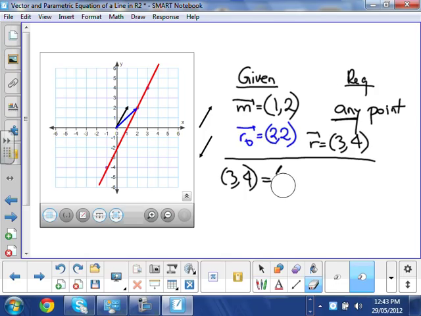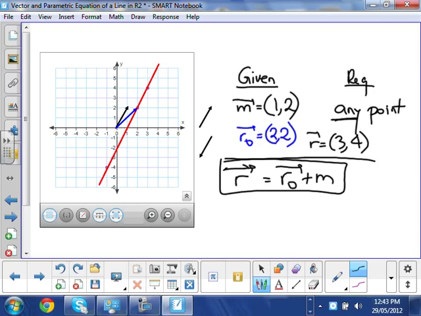So, 3, 4, I just showed you that can be written as R0 plus M. Good. So this is my R. Algebraically, that's quite obvious, not a problem. Now, graphically, how do I show that? Well, graphically,